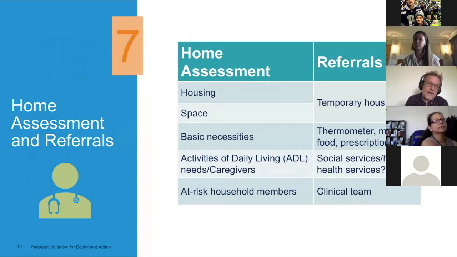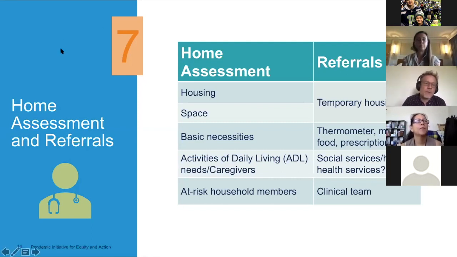This slide is germane both to case investigation and to contact tracing, whether we're reaching out to a case or a contact, whether we're asking a case to isolate or a contact to quarantine. We're asking them to take on a responsibility. We're requiring them to stay at home more often than not, and not do their daily work, not leave the house, etc. And so as part of an assessment of whether any individual will be able to safely